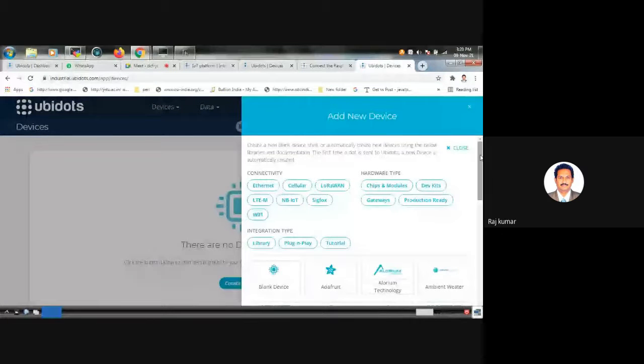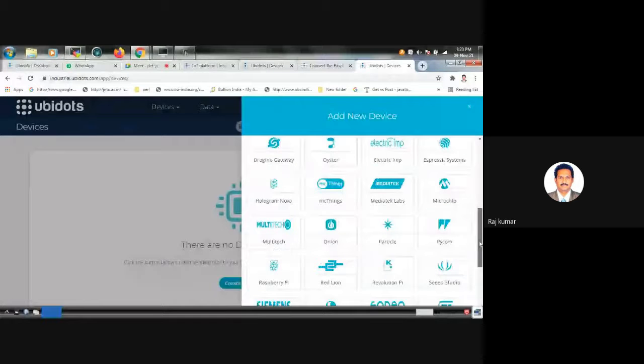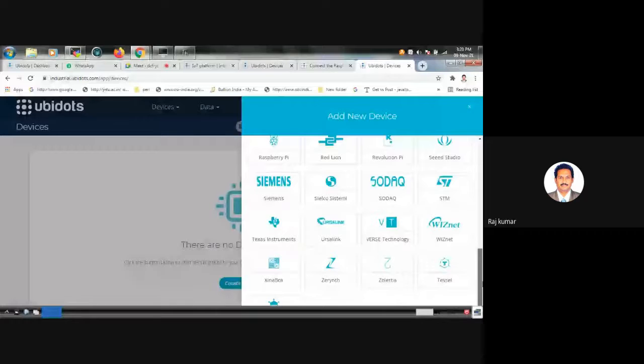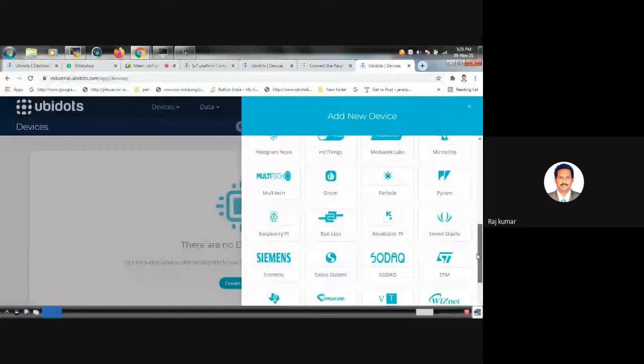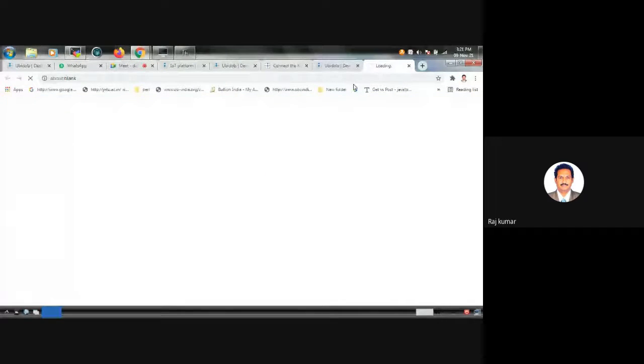Same way it is showing again. It is again taking to the previous screen only.